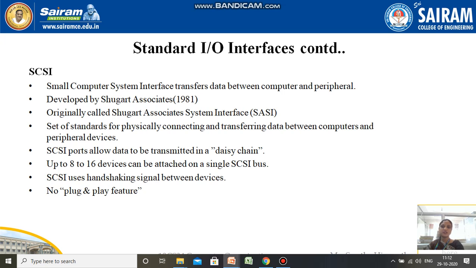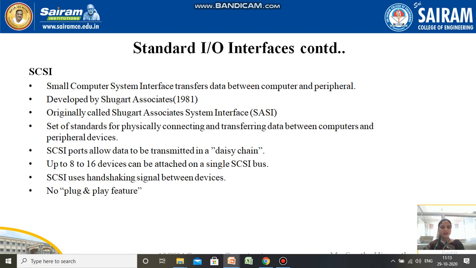So we'll see what actually SCSI is. SCSI means Small Computer System Interface, which transfers data between the computer and the peripherals. It was developed by Shugart Associates in the year 1981, and was then called Shugart Associates System Interface.